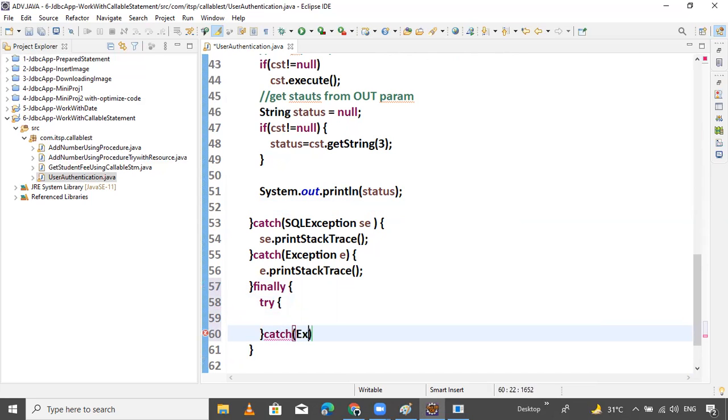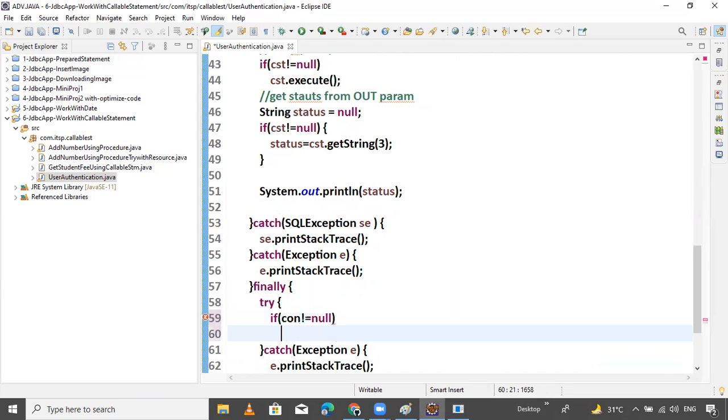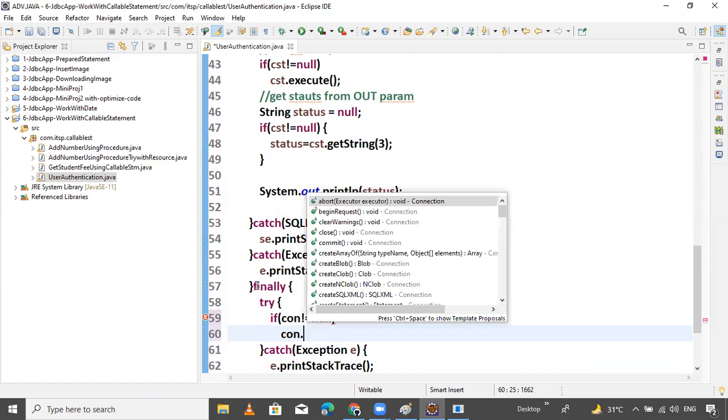What is the exception? Exception e dot print status method is there. Just first check if connection not equals to null, then con dot close.